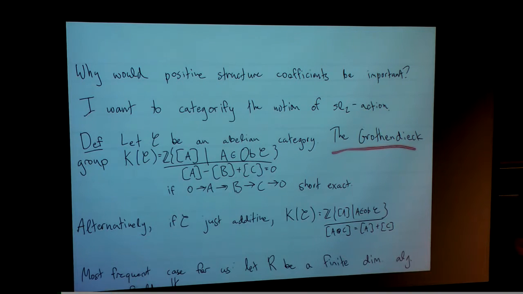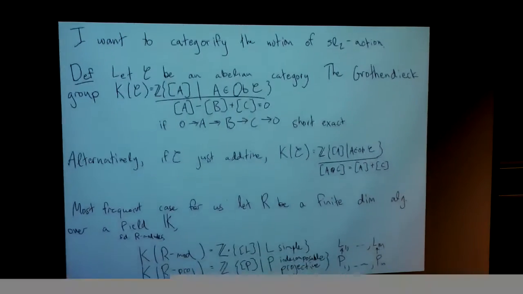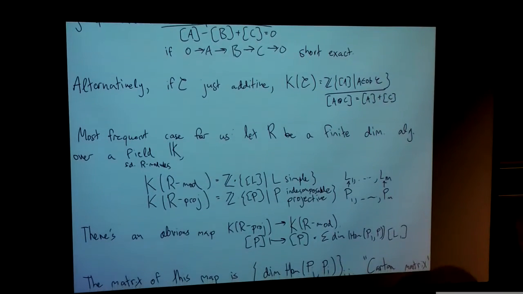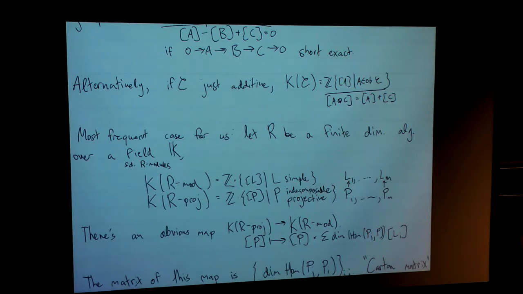All right, the Grothendieck group of this, see the usual definition. It's the free abelian group generated by classes of objects, modulo the relation that if I take the alternating sum along a short exact sequence, I get 0. On the other hand, if C is just an additive category, so the kind of thing you should think about is projectives over a given algebra, then the usual definition of the Grothendieck group is